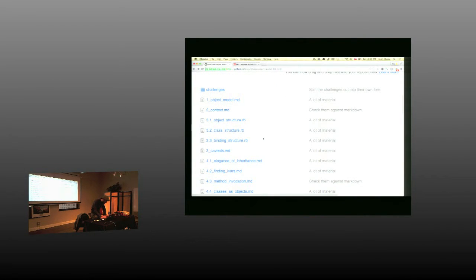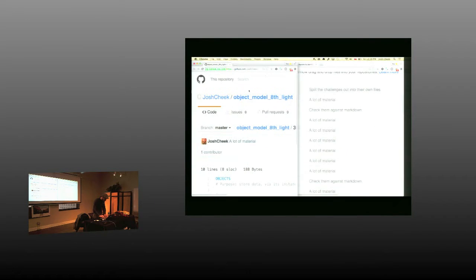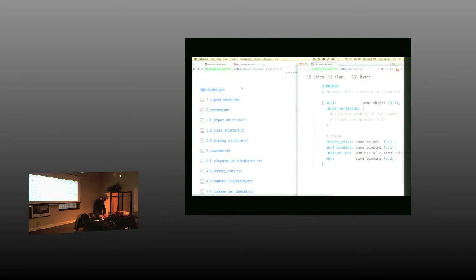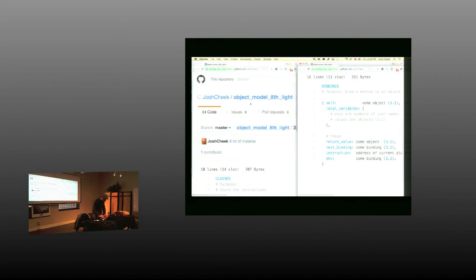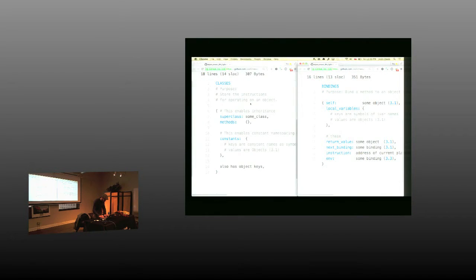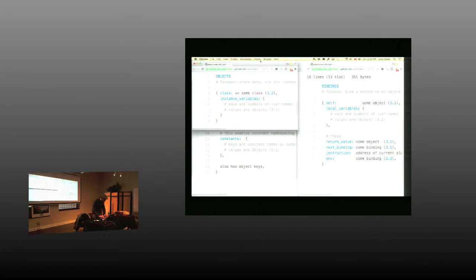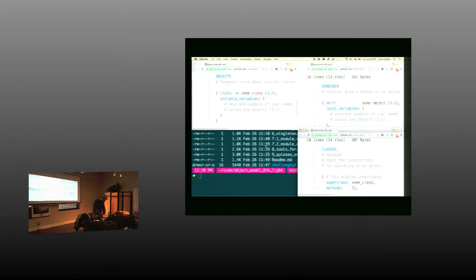Okay. I'm going to try doing this all in the browser so that the colors don't change out from underneath of you. But if it doesn't line up well, I got it in my editor here too. All right, we'll go like this. All right, so these are the three structures, assuming I can fit them all on the screen, that give rise to all the complexity you see in Ruby.